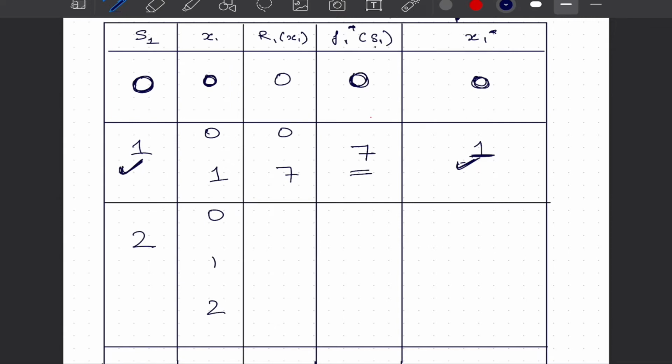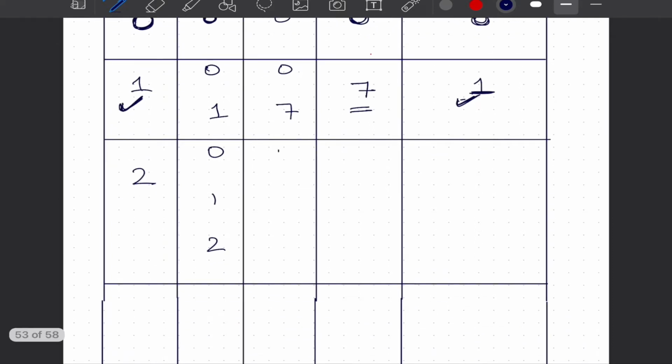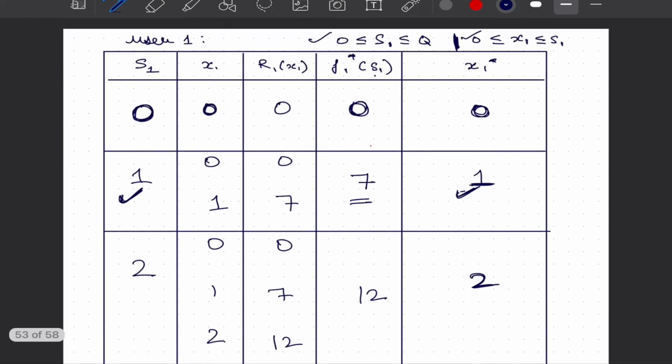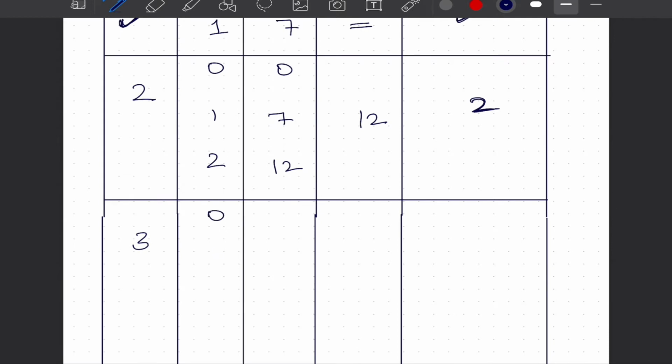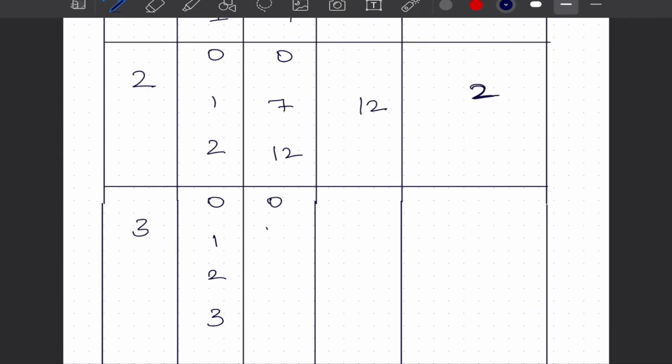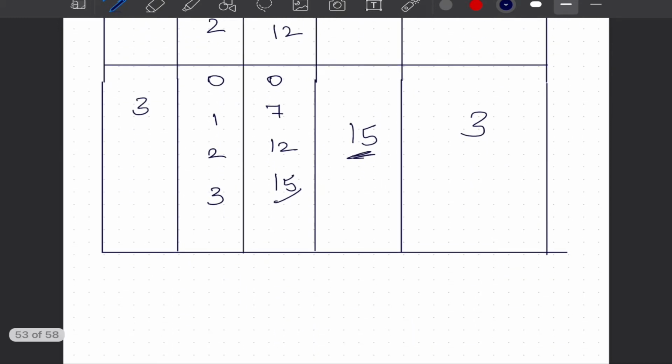So how to read this table? It says that if 1 unit of water is available at the end of S1, we should allocate, maybe forcefully, to user 1 to use 1 unit of water so that our returns at that particular point are maximized. And that's exactly where we are putting Bellman's optimality principle into usage. Now, when we go with 2, the returns are 0, 7, and if we allocate 2 units of water, it becomes 12, and hence we say that we should allocate 2 units of water here.